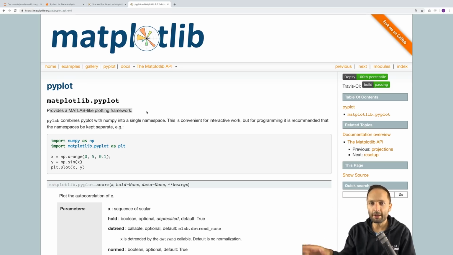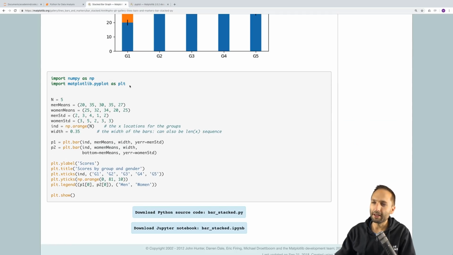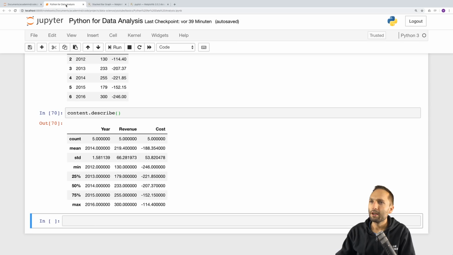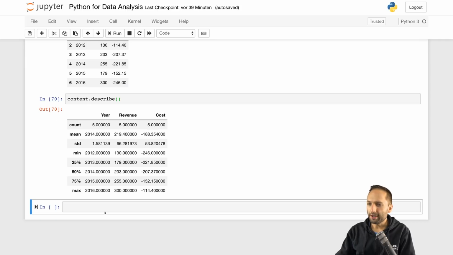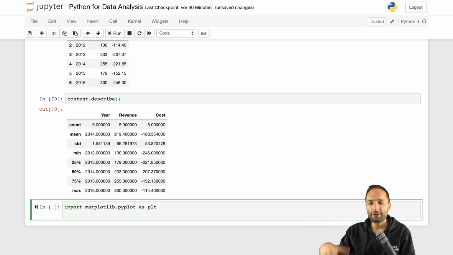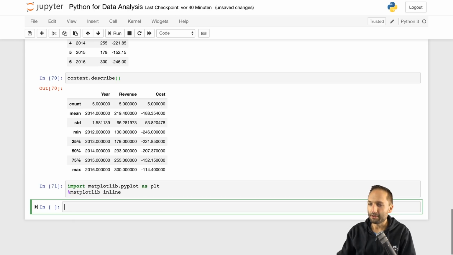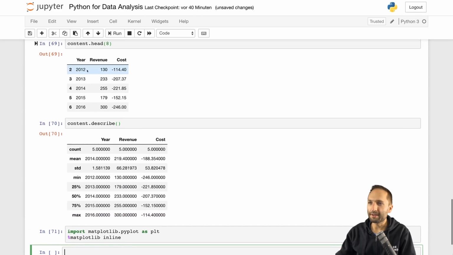We won't dive deeper into this right now. The important thing is that we can simply take this command right here and create our chart, a quick line chart, by the way. So back in our Jupyter notebook right here, we can now import matplotlib.pyplot, as we just saw it, as plt. And important, to be able to plot the chart inline in our Jupyter notebook, we have to enter %matplotlib inline, like this. So if we now press Shift and Enter, we should be ready to go